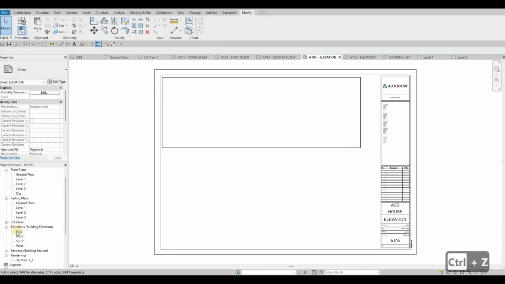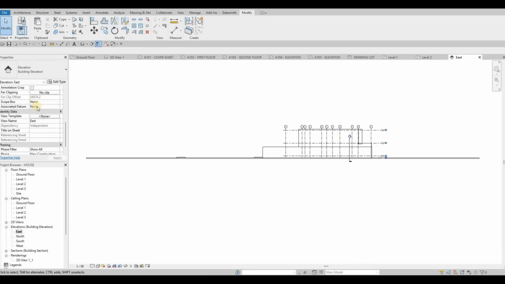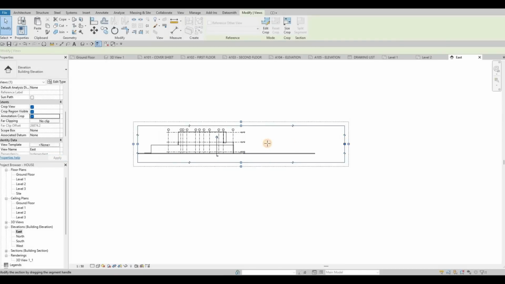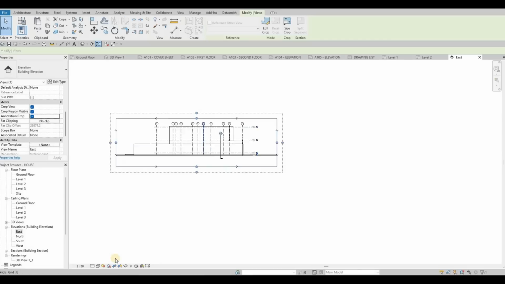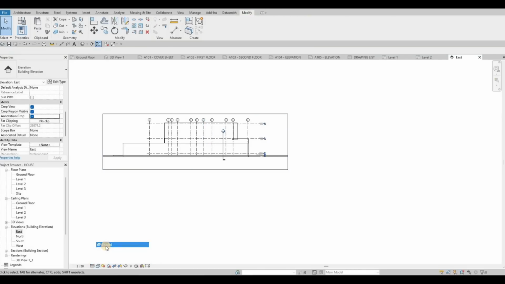It's too small, so I'm going to make it big. So 1:50. Crop it. And then here, I want to change it to fine, shaded,